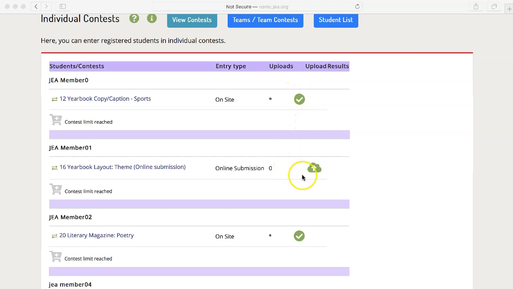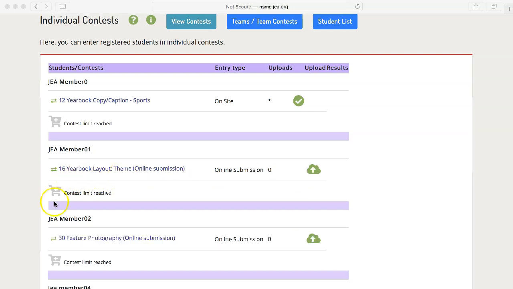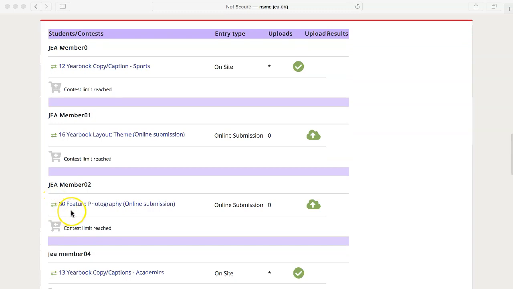You'll notice that my next student has a different symbol, and that's a cloud with an up arrow. This indicates that there is an online submission requirement, and that's for a yearbook layout that they have to design and then upload. I paused the video and entered my third student into a photography competition that has a digital